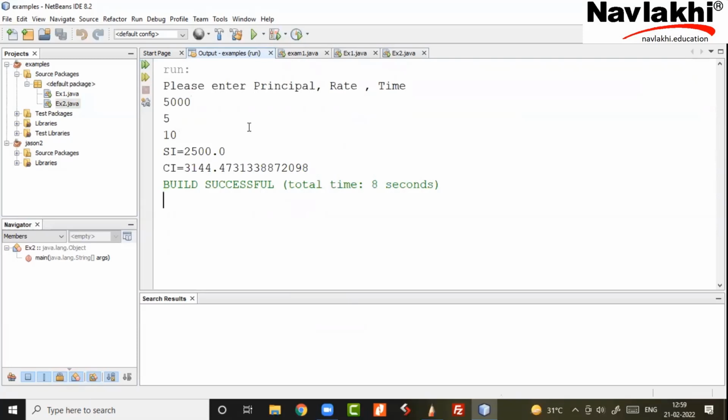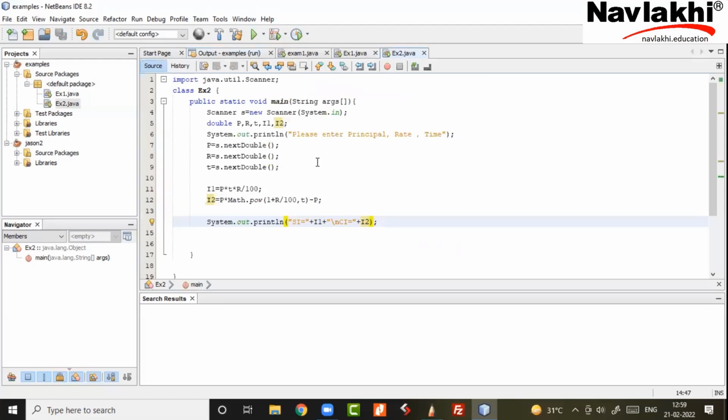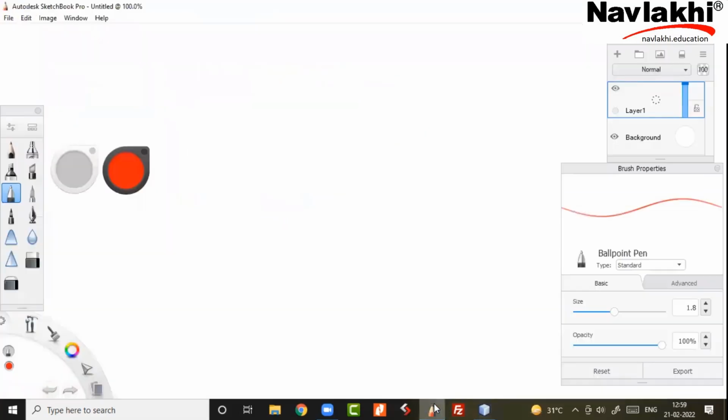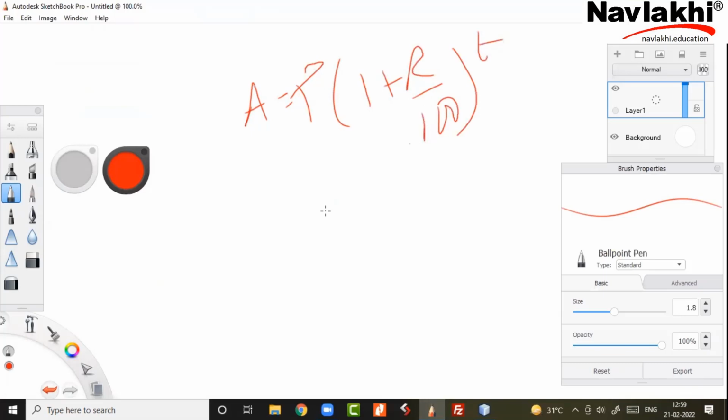So a doubt in the equation, like CI in a formula, I don't exactly remember. Amount minus principal. The I2, that is compound interest, right? Correct. So this is the amount formula minus principal. Now the amount formula we all have. Amount is what? P open bracket 1 plus R divided by 100, raised to time. That's what I did. Huh. And amount minus principal is the interest.